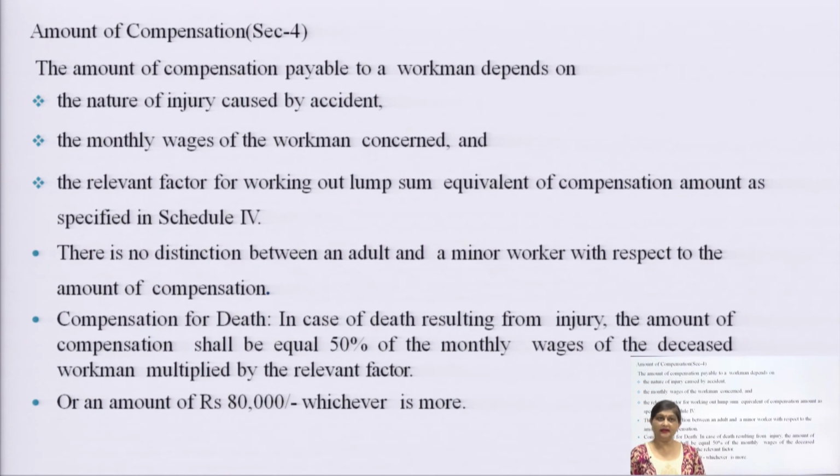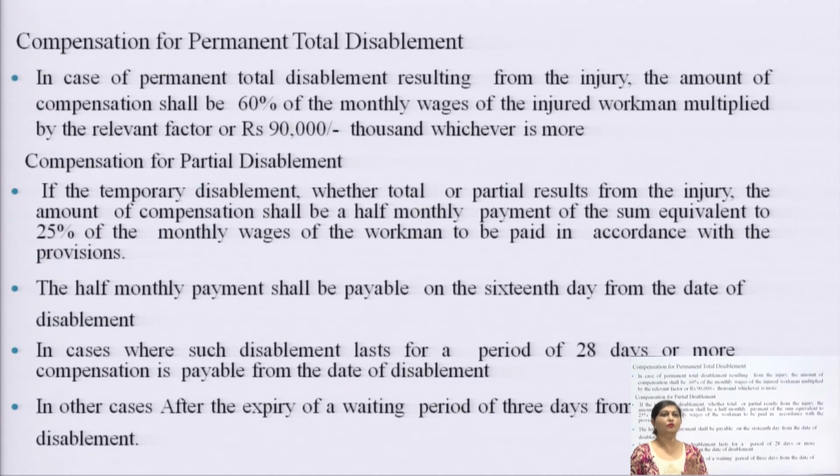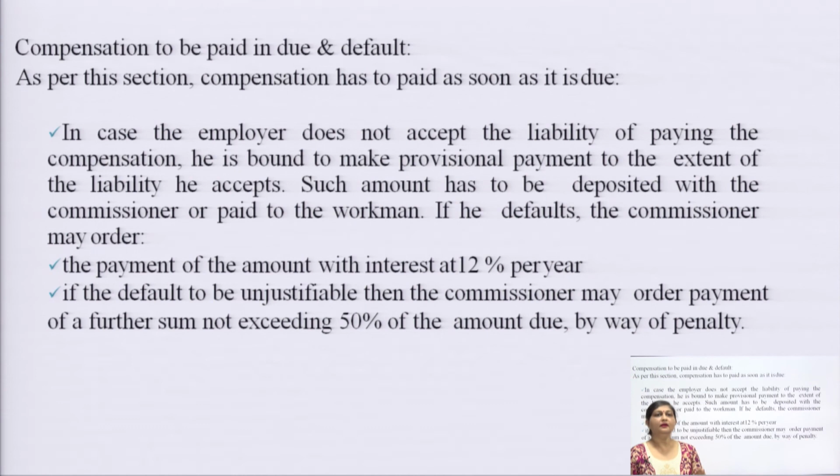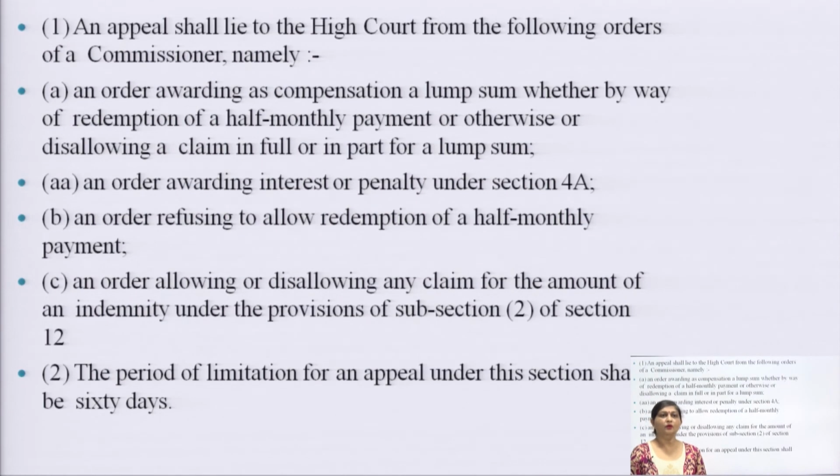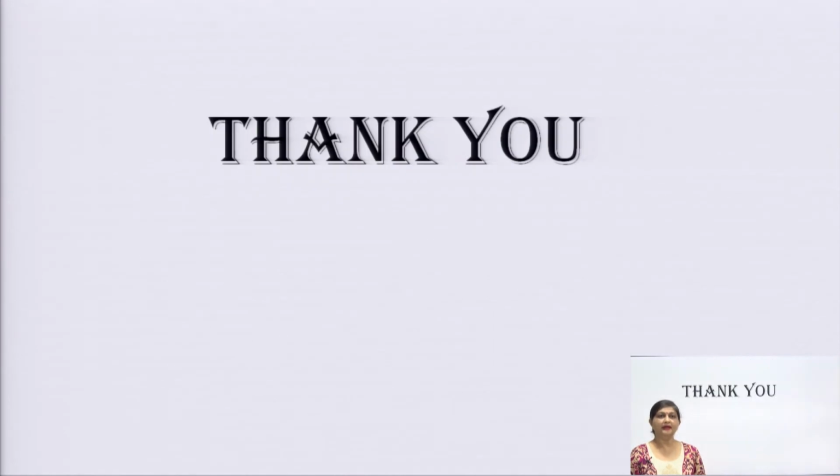Then we studied how the amount of compensation will be decided, what the compensations are in case of permanent total disablement or partial disablement, and what compensation is to be paid under defaults. Defaults means defaults of the employer. Then how to go for an appeal in the High Courts,